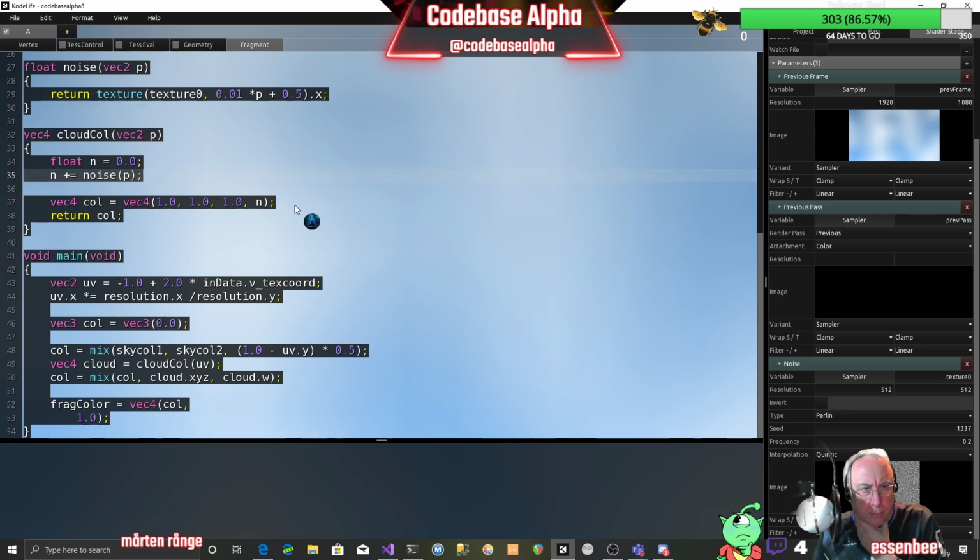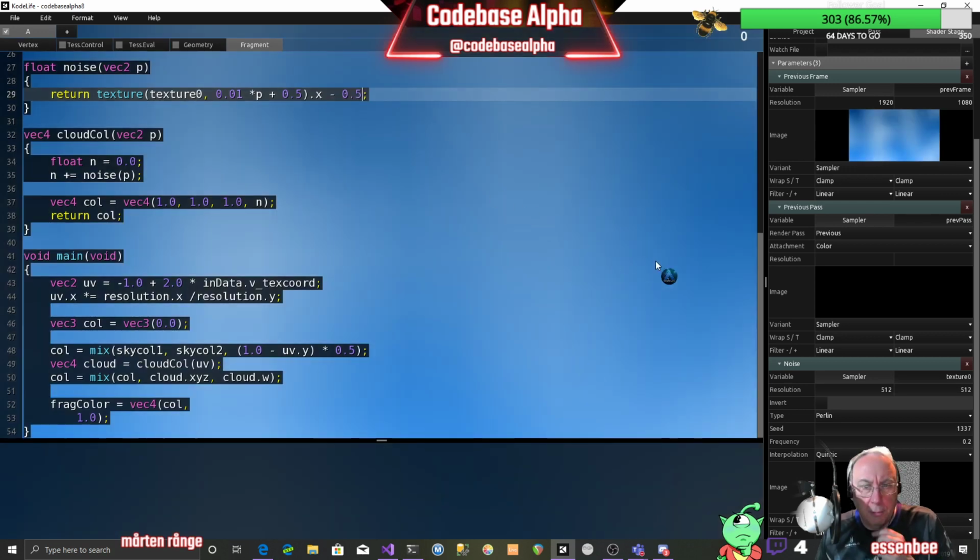Not in the noise function. Yeah, I mean, okay, the noise function. And if you take that minus 0.5, outside after x1. Okay. So now it's centered. So actually, it starts looking a little bit like clouds on my screen. It does, yeah. But now it's between minus 0.5 and